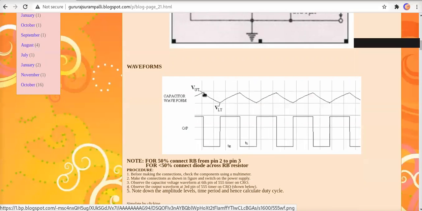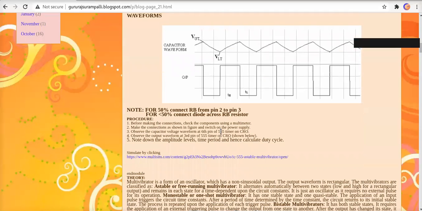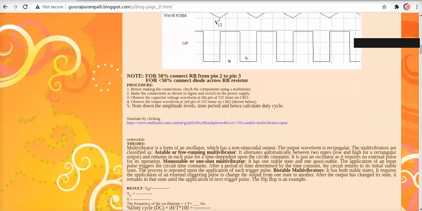Now you can see during discharging the circuit is giving us low, or you can even say binary 0 or off. And during charging the circuit will give you high. So we can show it here live. Here is the procedure for doing it in offline mode. We are using a CRO to display all these waveforms, and here is the theory. You can read it for your knowledge. Now, without wasting time, let me go with the execution of the circuit.